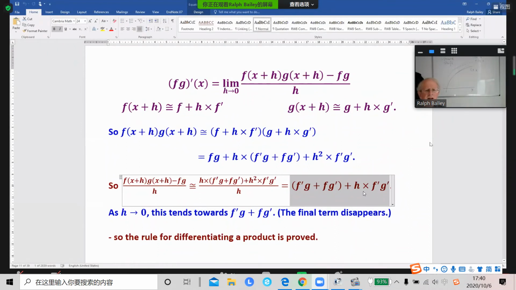But now we're asked to push h towards 0. That's what it says up here. The limit as h tends towards 0. Well, if you do that, of course, the second term vanishes. And you're left with the familiar rule for differentiating a product,